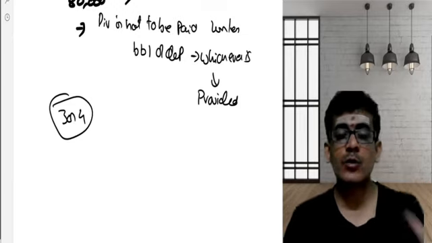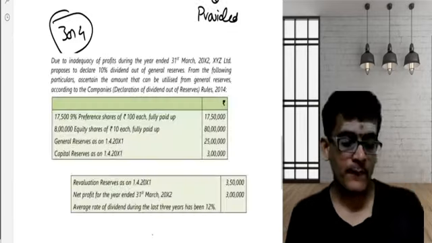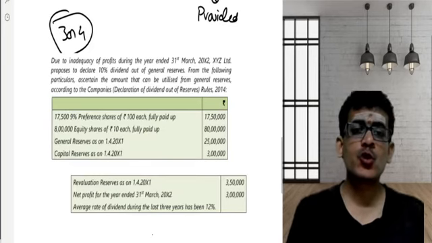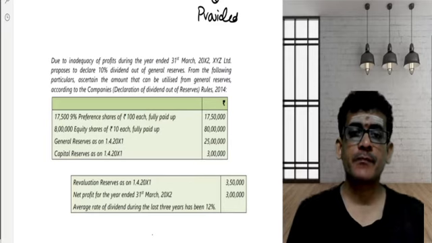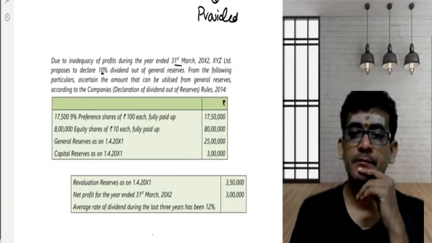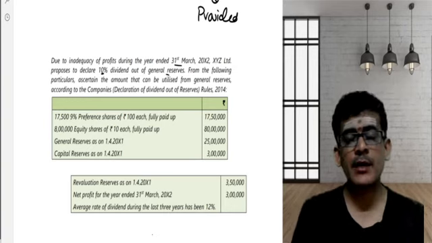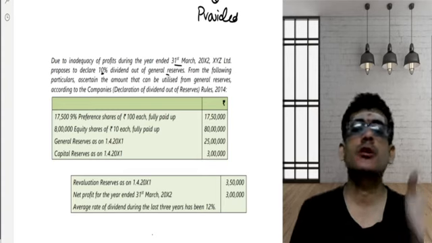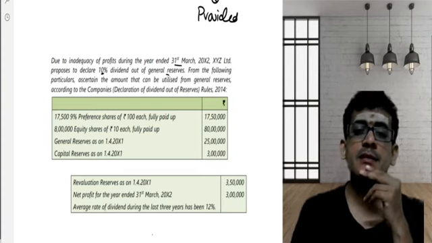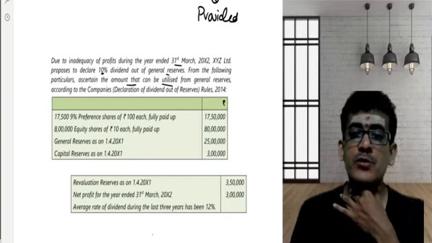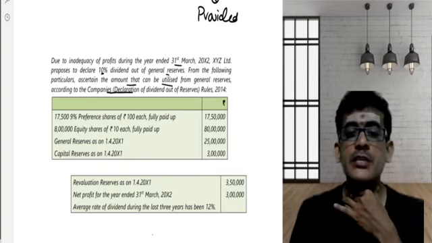Now let us quickly get into this problem. Due to the inadequacy of profit during the year ended 31st March, X Limited proposed to declare 10% as a dividend out of general reserve. Out of accumulated profits, the company wants to declare dividend. It can do so, but the above mentioned conditions ought to be satisfied. From the following particulars, ascertain the amount that can be utilized from general reserves in accordance with